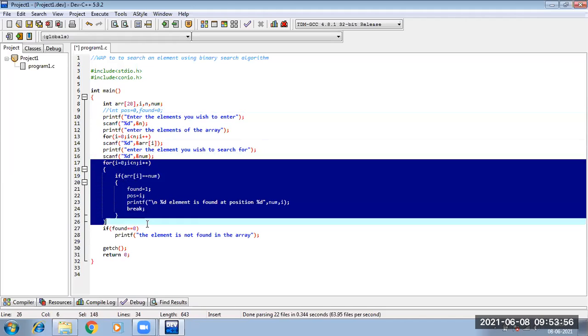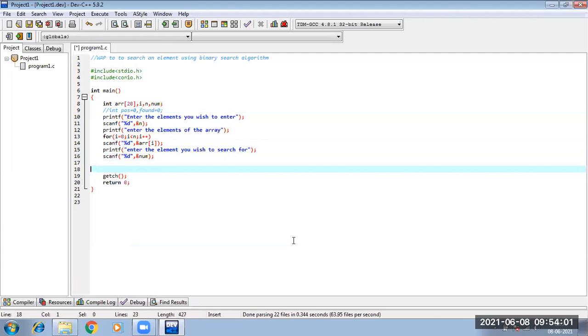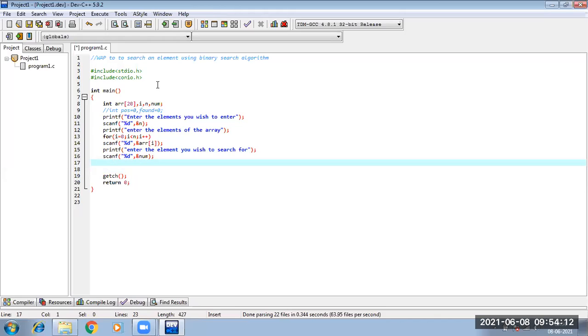Then what was the logic of binary search? First, we defined start and end, right? So I will define start and end here, and first I will initialize my start equal to 0 and my end equal to n minus 1.